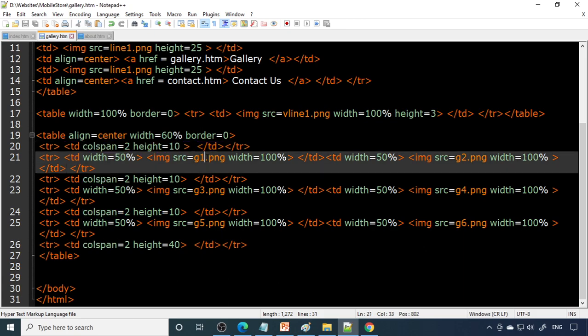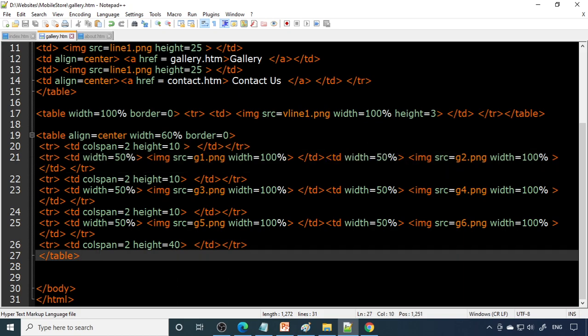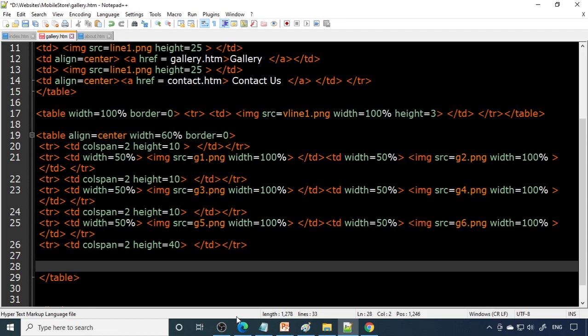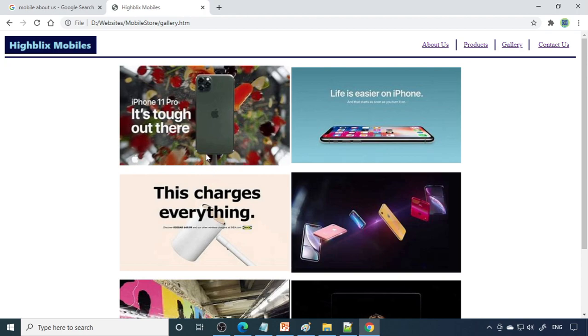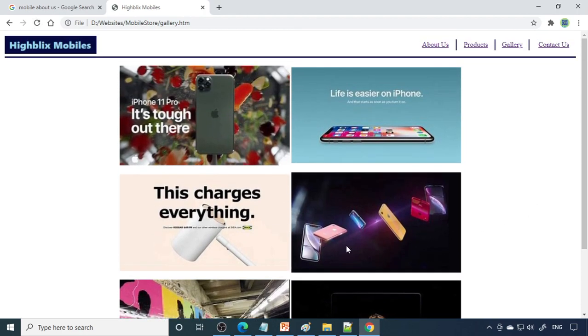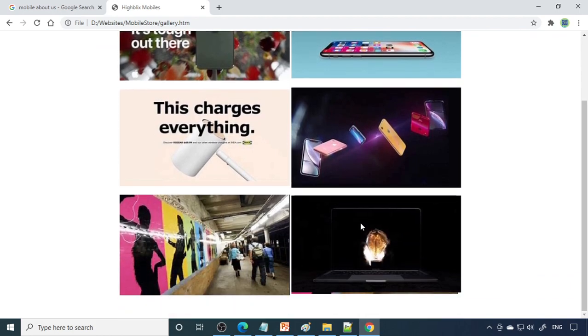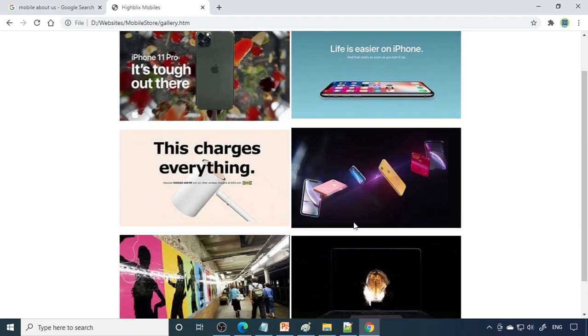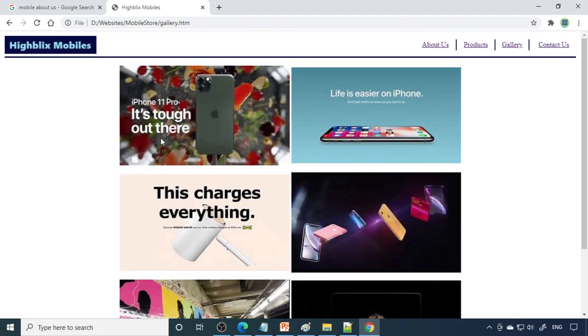So here is the first image, this G1, width is 100%, whereas the column width is 50%. So here also the column width is 50% and the picture width is 100%. So we need to repeat the same for 3 lines, and if you want more images, you have to keep on repeating the same. Right. So once you save this and come back to the browser and refresh, you can see this is how the gallery looks. So for each row there are 2 pictures. You can collect a lot of pictures and then put them over there. So the user can scroll, or you can make it 100% also.